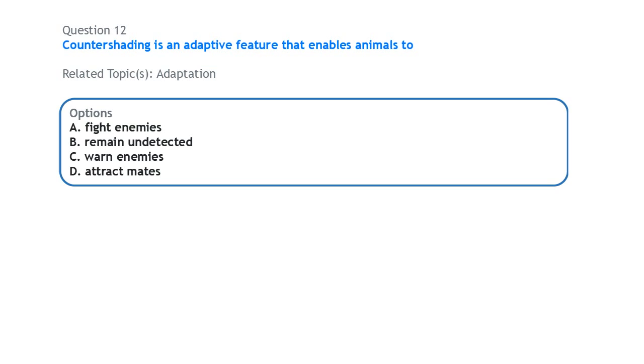Next, on adaptation, counter shading is an adaptive feature that enables animals to